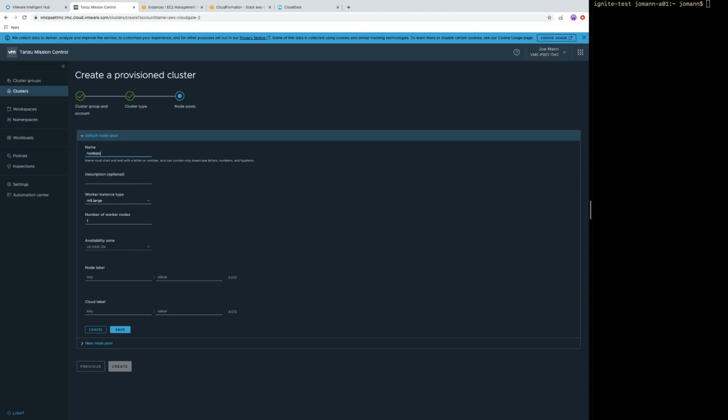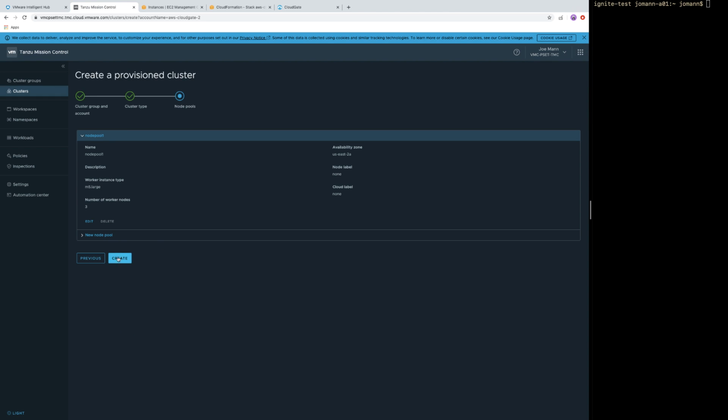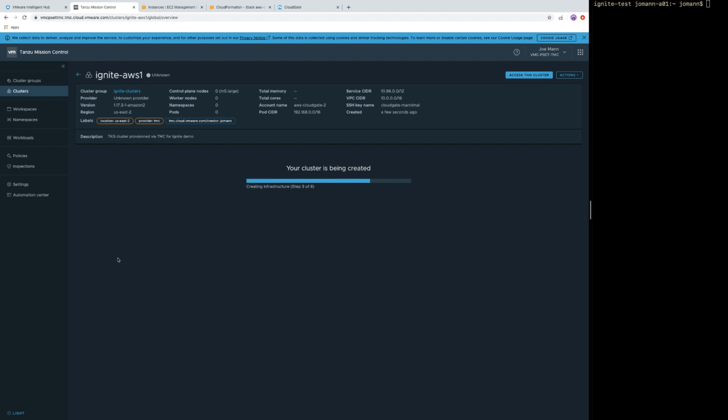So these are the worker nodes for the cluster. We can do different node pools across different AZs as well, but I'm going to do a single node pool of 3 worker nodes in a single availability zone for this exercise. So at that point, we're ready to create our cluster, and so now TMC is instantiating the infrastructure required to support that cluster on the AWS side of the house. So while that cluster is provisioning,